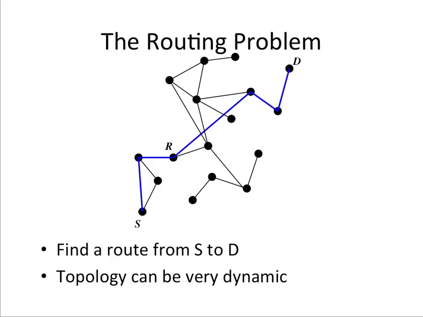So the routing problem is, given a source and a destination, you find the best route, and we spent a lot of time talking about various routing protocols. If we had a way to determine the right link weights, the problem of finding the routes would be very easy, right? If there's a way to quantify the quality of the links and encode that as an integer, for example, or some kind of number, then the problem of finding a route would be very easy. But even with that,